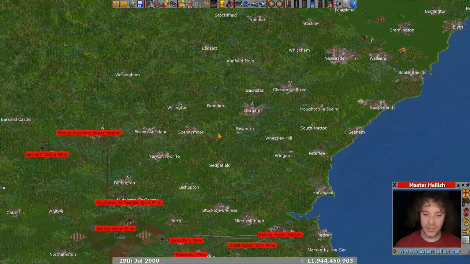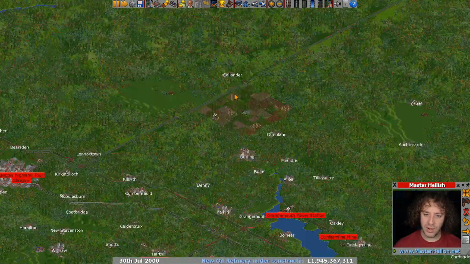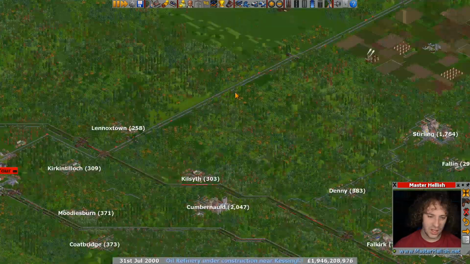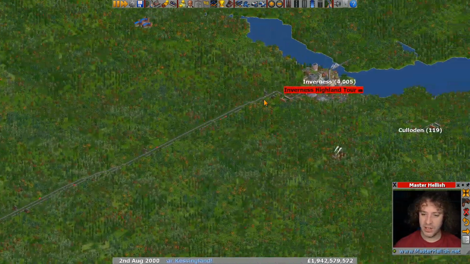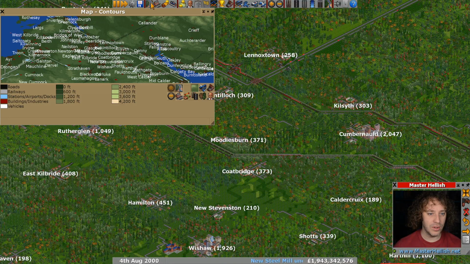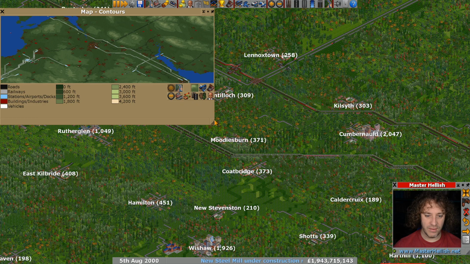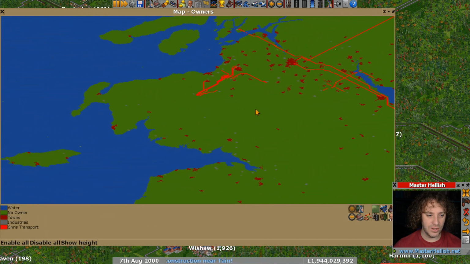Let's check. Let's go and see what your Highland challenge is like. So we've got a Highland challenge here. Yep, looks like we've got a little motorway going up and down. Nice and straight, nice and simple. You've ticked that box, haven't you? Now, let's have a look at the world map. Because if we have a look at the world map, we might just get to see if you've done...